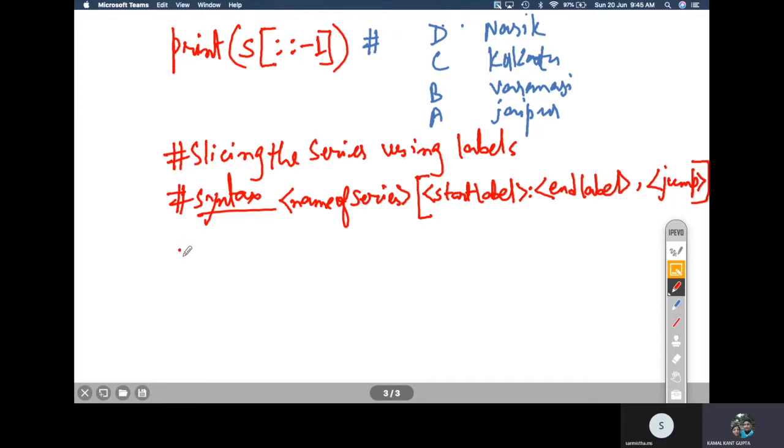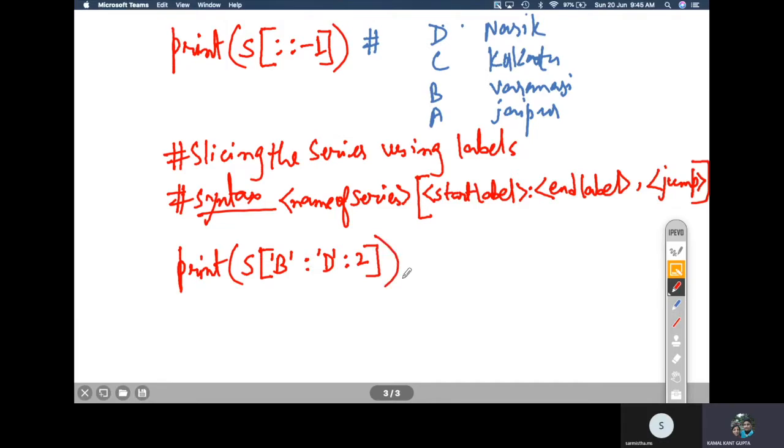Now let us run the code like this: print s, and here I'm writing b colon d colon 2. What will happen? What output will it give you?